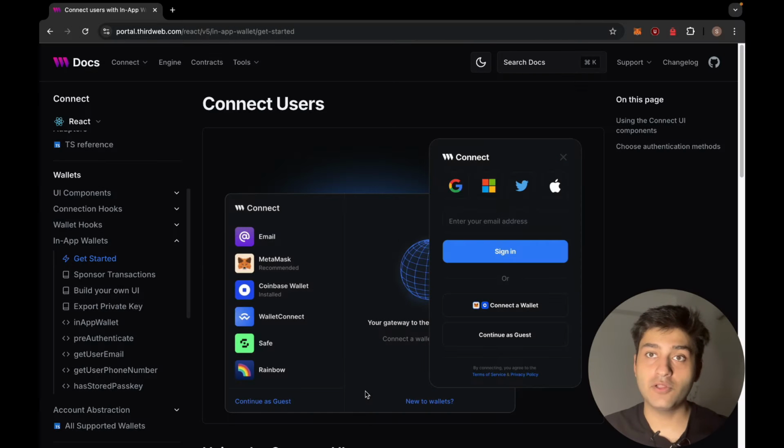Hey guys, welcome to a new video, and in this particular one we are looking at how we can integrate embedded wallets, also known as the in-app wallets, using the Thirdweb SDK in Next.js. Now it's extremely simple for users to use the embedded wallets. That's why they are becoming extremely popular these days, and a lot of decentralized applications are using embedded wallets